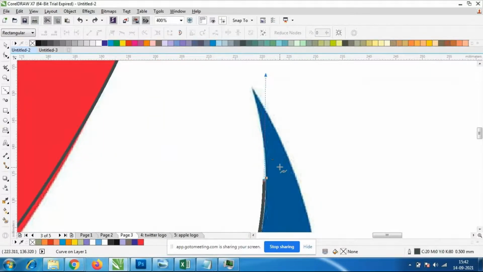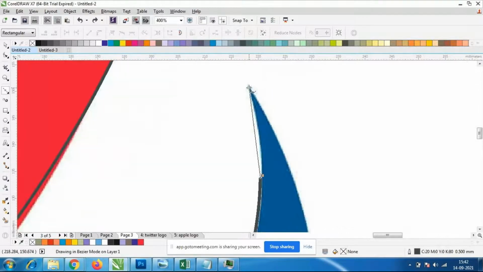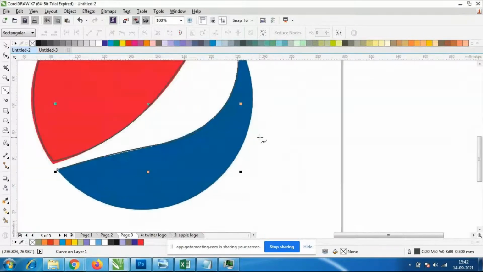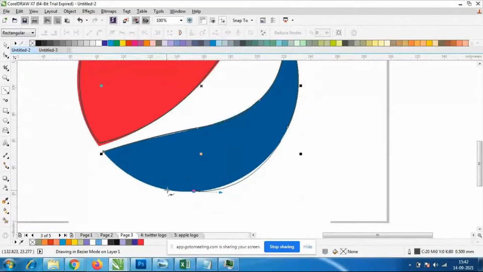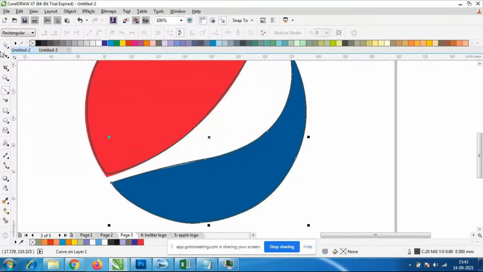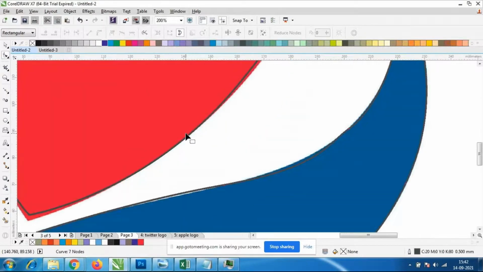Yeah, so you have to do it like this, unlock this, and again you have to come down. Again you have to come down, and where I started, I'll end it there itself. I'll end all the points there itself. Now whatever changes we have to make, I will click on the shape tool and do the changes slowly. If you need extra points here,